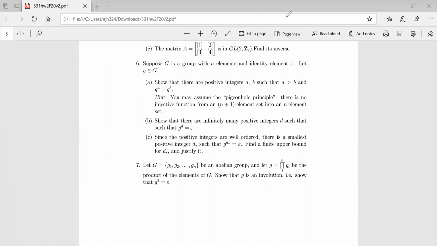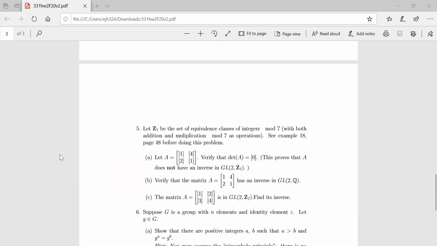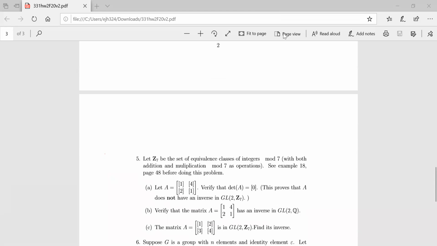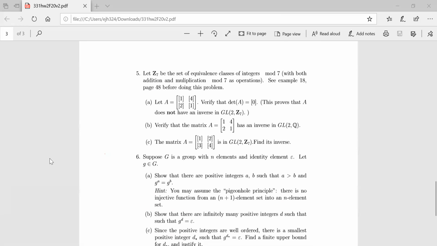So, which question should I look at next? Let me look at 5 next. Okay, so I'll look at 7 and hopefully part C will be enlightened. So let Z7 be the set of equivalence classes. So it's mod 7 with both addition and multiplication, mod 7. C18. So let A,